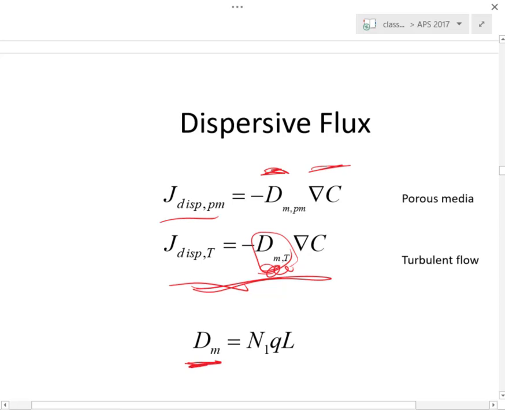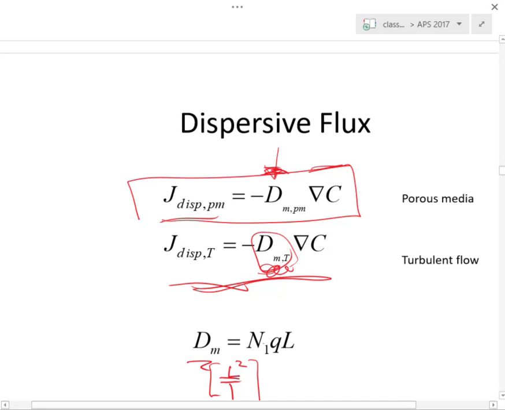So this dispersion constant is going to have the same units as diffusivity. So the units will be L squared over time, because this thing looks a lot like Fick's law, where we have a mass flux proportional to a concentration gradient. That would be the diffusivity. So this thing has units of length squared per time,